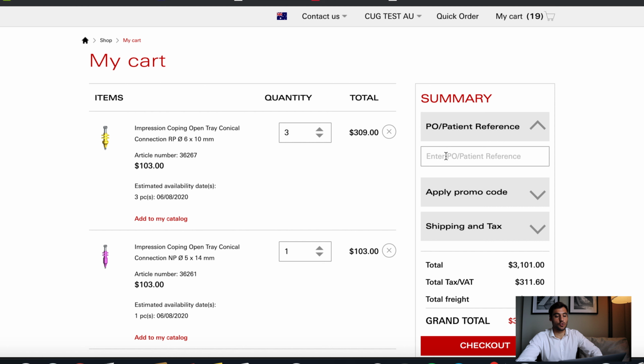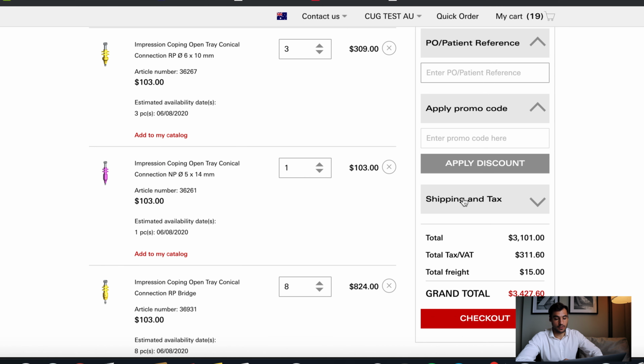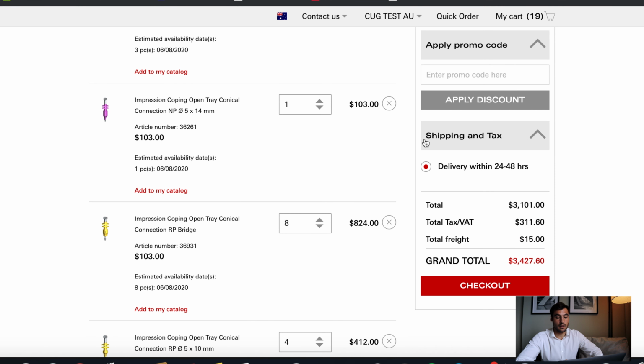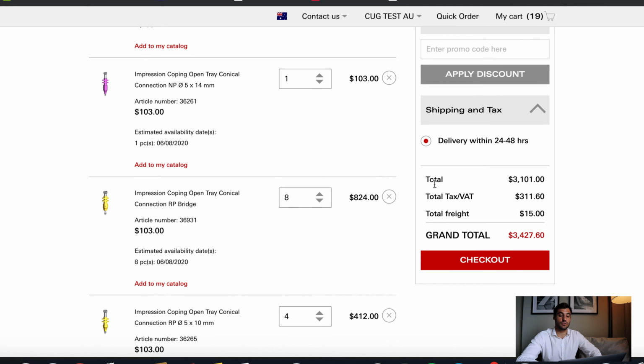You have an option to put a patient reference number or a purchase order that's going to be written on your invoice. You can apply a promo code if you have one, and you can check the shipping and tax. So shipping, delivery within 24 to 48 hours because of the delivery address I've put in, total value, tax, and